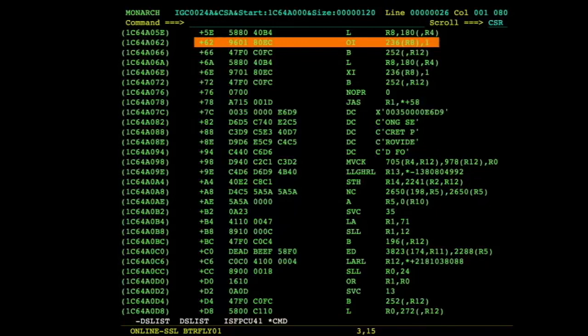This is an OR instruction, an OR immediate. For you guys out there that are bit twiddlers, if you're doing an OR to a byte in memory, what you're probably doing is changing bits from 0 to 1. If you OR a byte in memory with some kind of mask, wherever the mask bits are 1, the resulting bit in memory will also be a 1. So this is flipping a bit in memory,